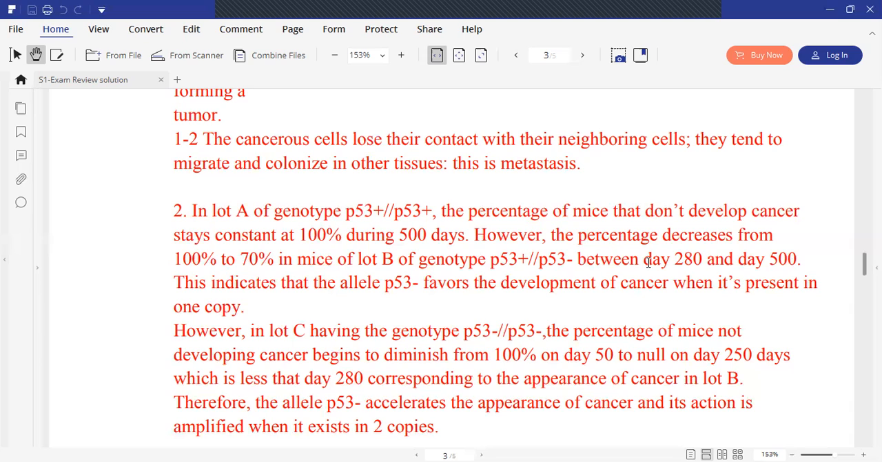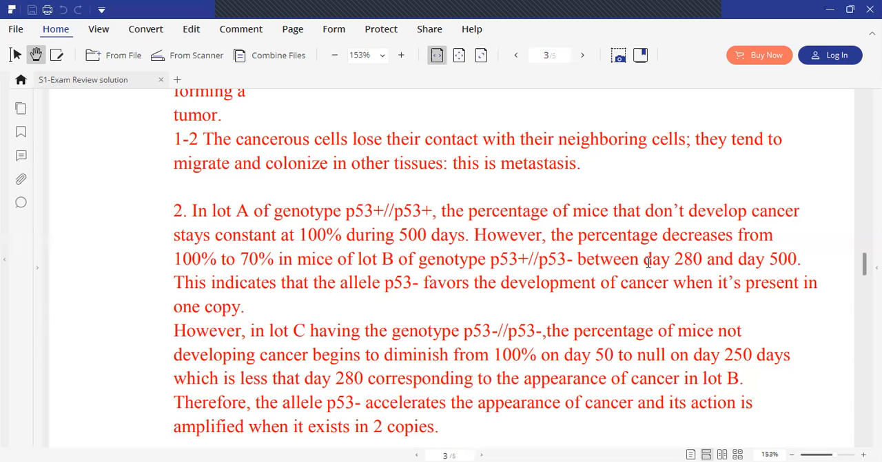The percentage of the mice that do not develop cancer is 100% and remains constant during the 500 days. However, the percentage decreases from 100 to about 70% in the mice of lot B, having genotype p53 plus and p53 minus, between day 280 or 300 and day 500. This indicates that the allele p53 minus favors the development of the cancer when it's present